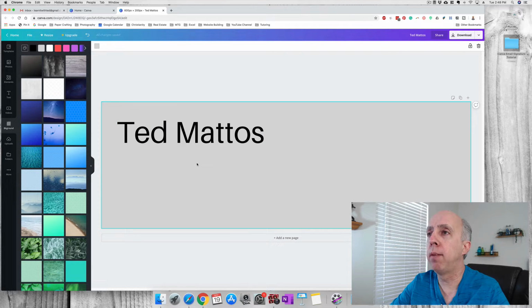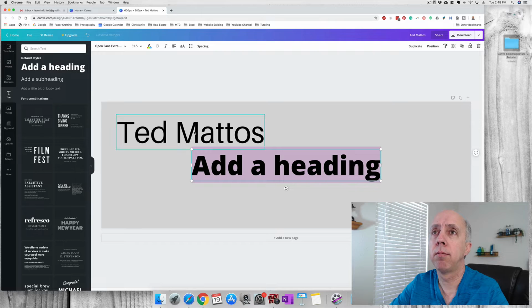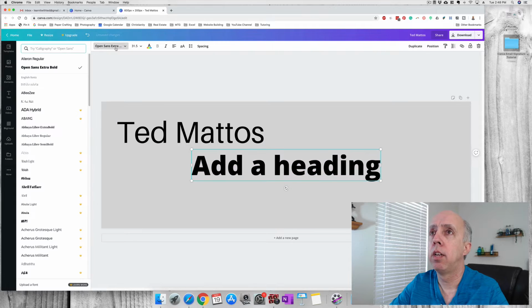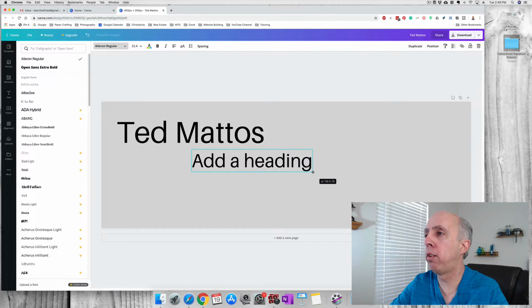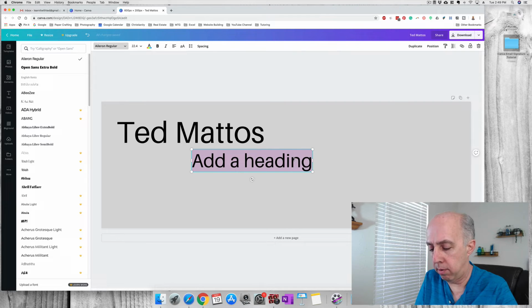So you have your name, and then you want, of course, to add your contact information. So go to text, add a heading, change it to Aileron. Nice thing about Canva is that it keeps track of your used fonts, so you don't have to keep searching. So Aileron, and I'm going to make this a little smaller than my name,